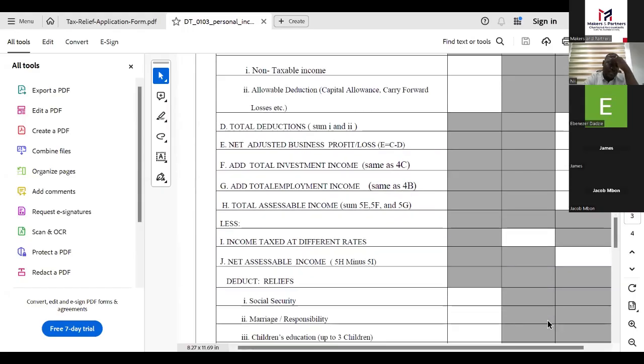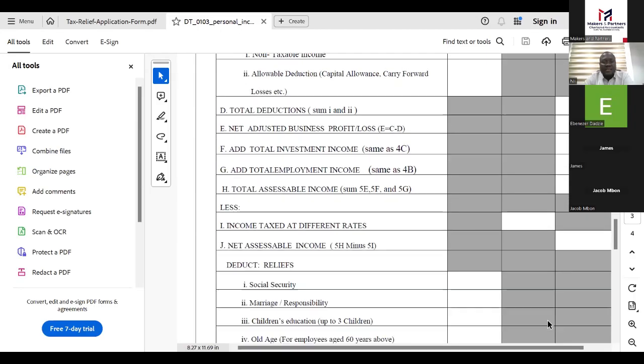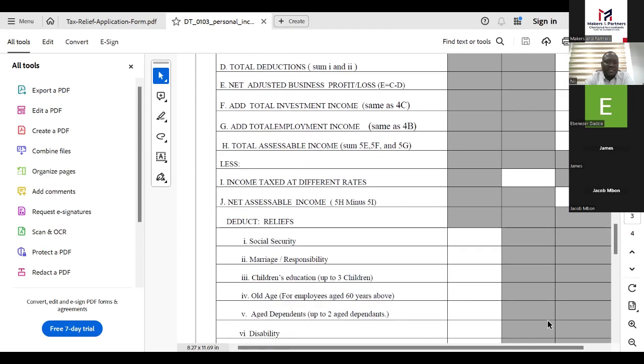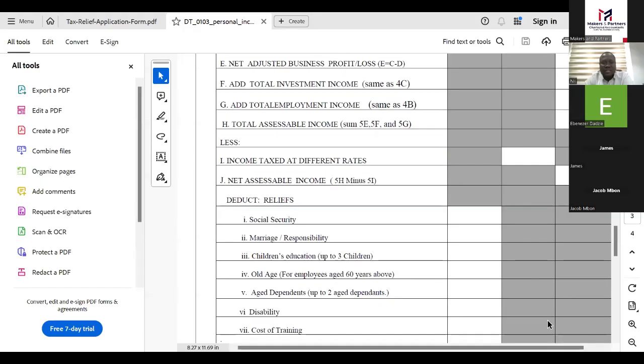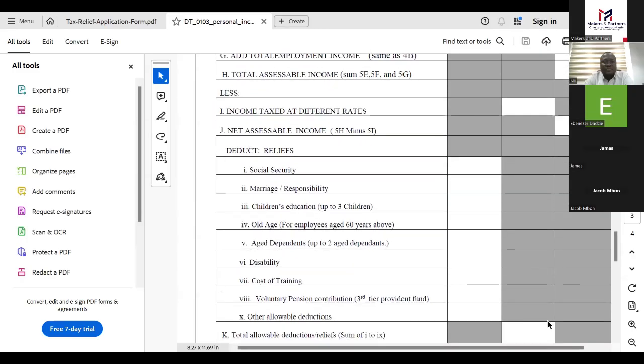In there, you deduct non-taxable income, allowable depreciation, such as capital allowance, and carry forward losses. You have your net adjusted business profit or loss. You add your total investment income. You add your total employment income, which will give you total assessable income.